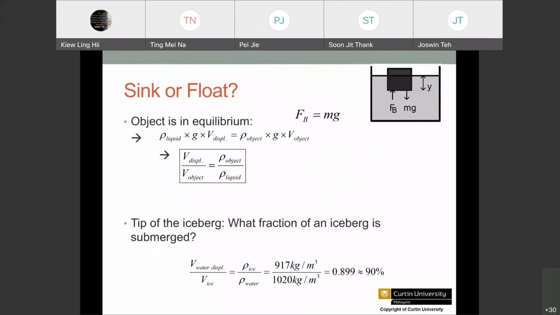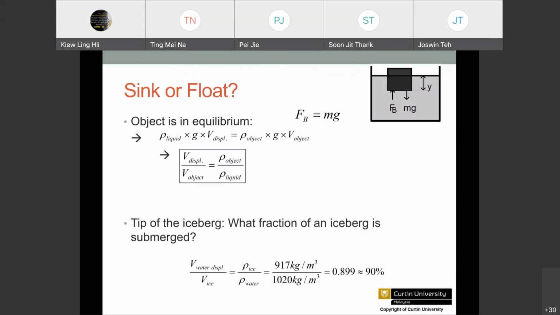So from there, we can also find the fraction of the object that's submerged down into the water. It is actually based on the density of the object. Okay, so this is how we usually, before we learned about buoyant force, we have already known that it is because of the density. The lower the density, the lighter is the object, right?